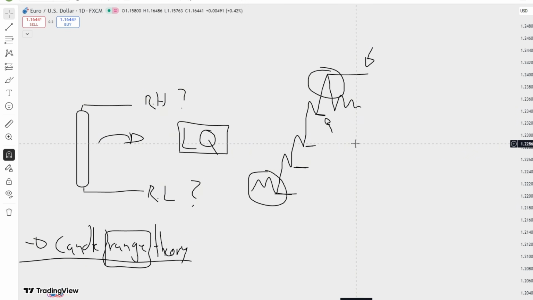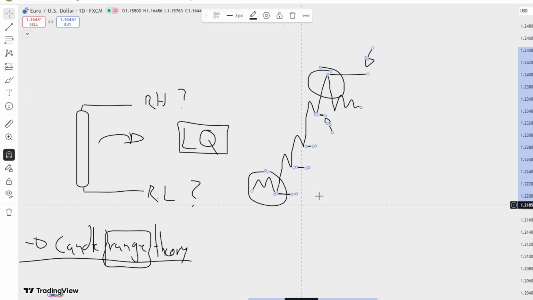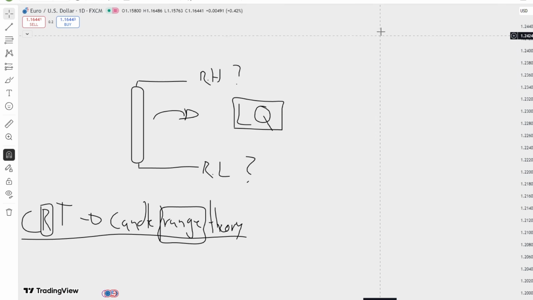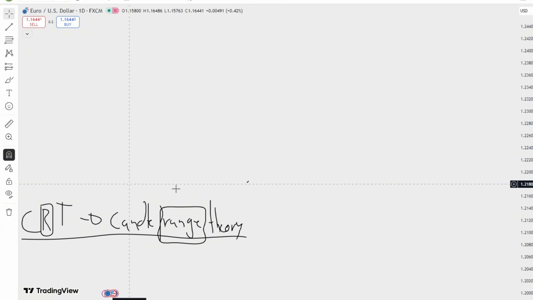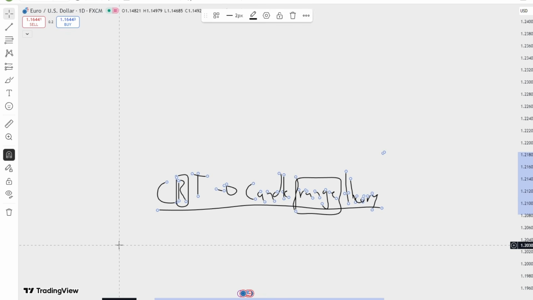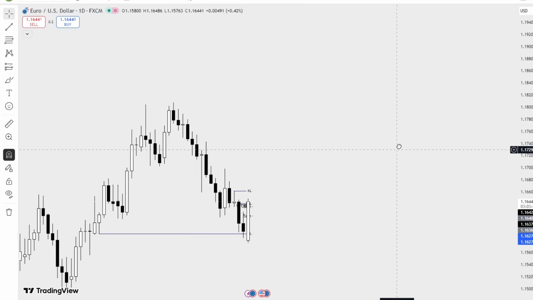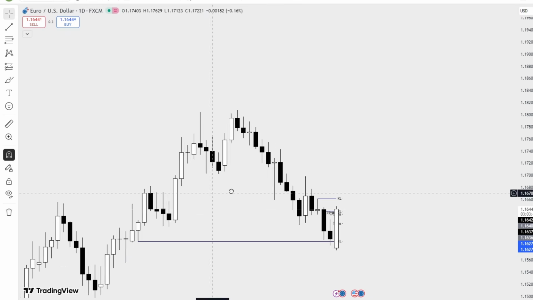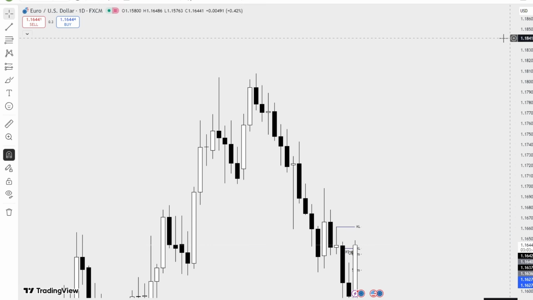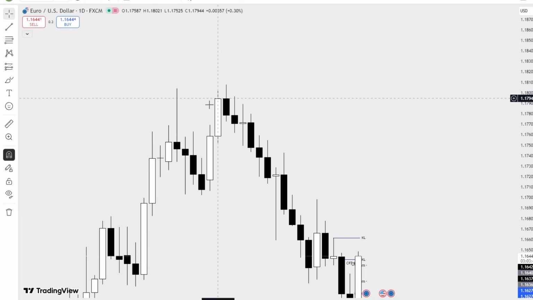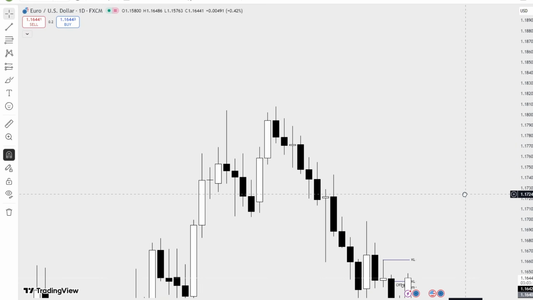So let's see how we can read a candle in the charts, right? So I grabbed this example here. You can pick any candle that you want, okay? But I will grab this example right here because this is a valid CRT that we're going to talk about,